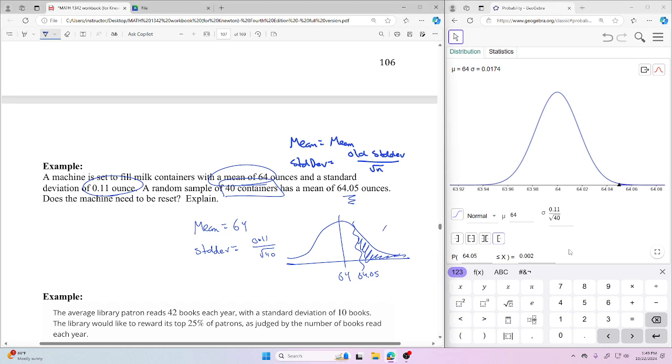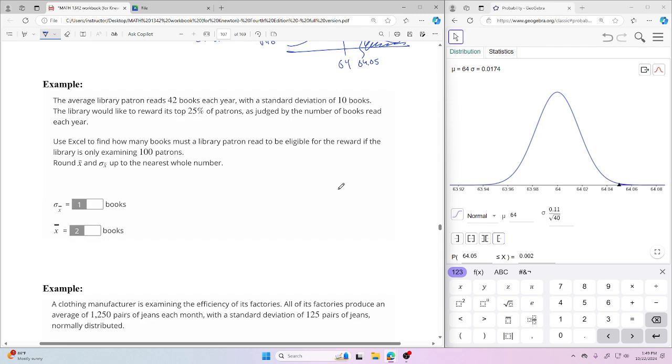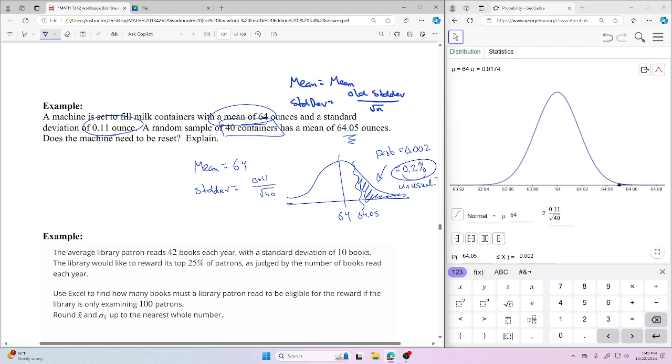So the probability that I got is 0.002. In percentage, what would that be? Is that 2%? No, what is it? Yeah, 0.2%. Wow. I'm going to ask, is this unusual? Yeah. Ooh, whoa. Okay, yeah, there we go. Unusual? And you're going to say, yeah, that's unusual. That's like crazy. Do you remember that 5% or less is unusual? We got point